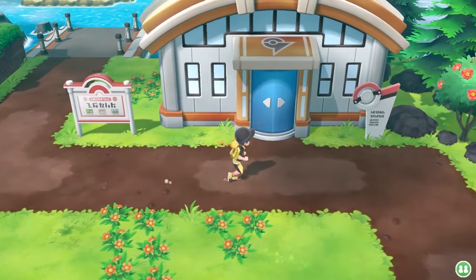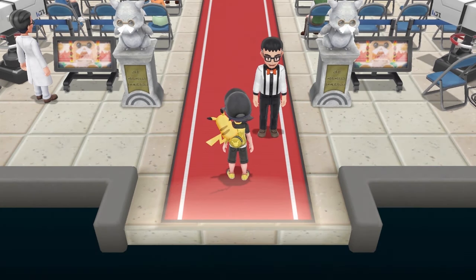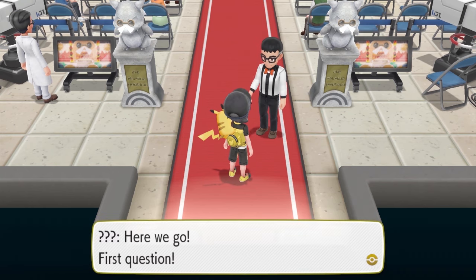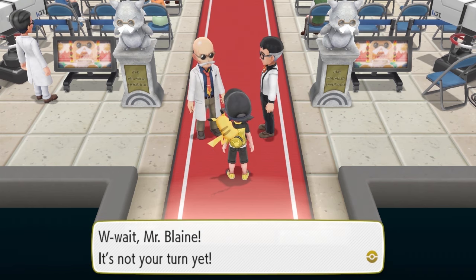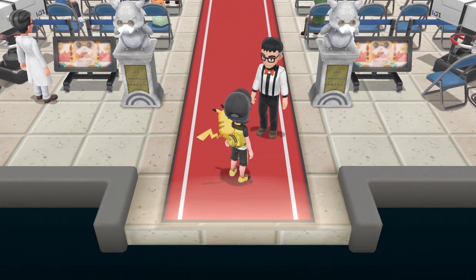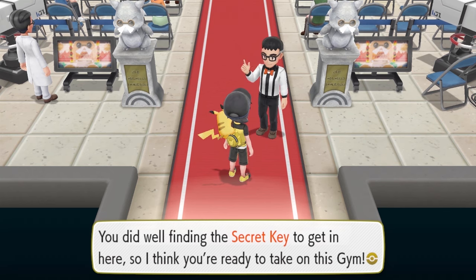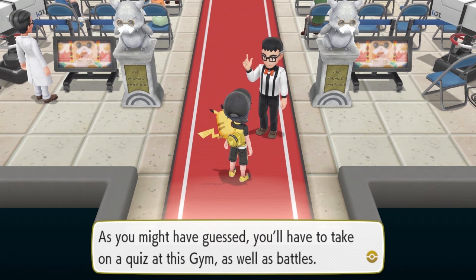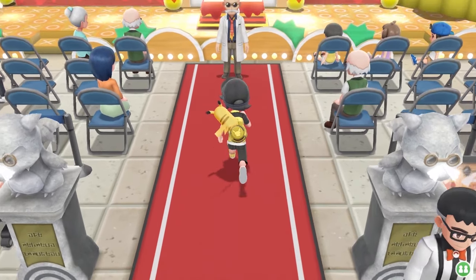But anyway, we're now done with the Pokemon Mansion, and now it's time to take on Blaine. And I do kind of like that he's so anxious just to get on with it. Wait, Mr. Blaze, not your turn yet. Oh right, fuck. He's so anxious just to get on with it. I kind of like that. And it's kind of cool. I don't know, they give him a bit more of a...